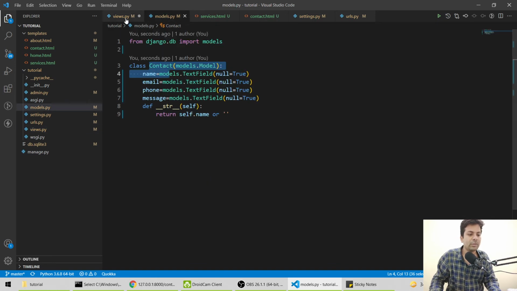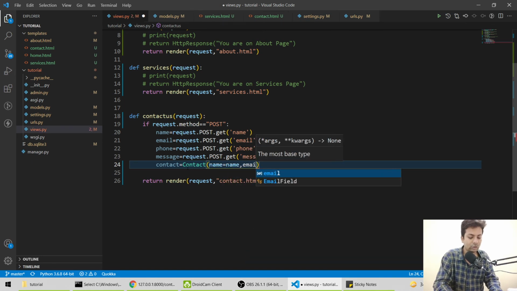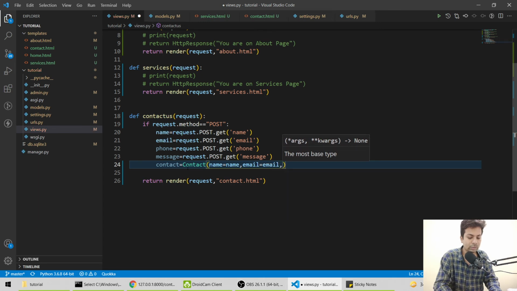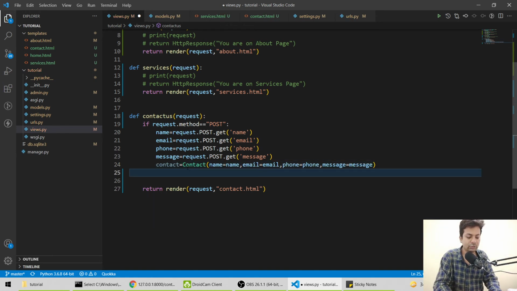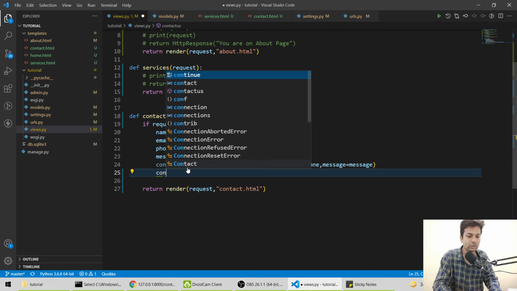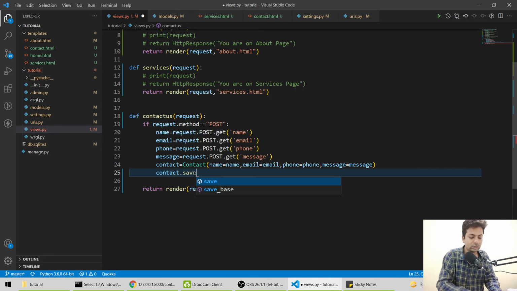Name, email, phone, message. So name equals name, comma email equals email, comma phone equals phone, comma message equals message. That's it. Now we have to save this data. This whole instance came into this variable, so now we'll say contact dot save.